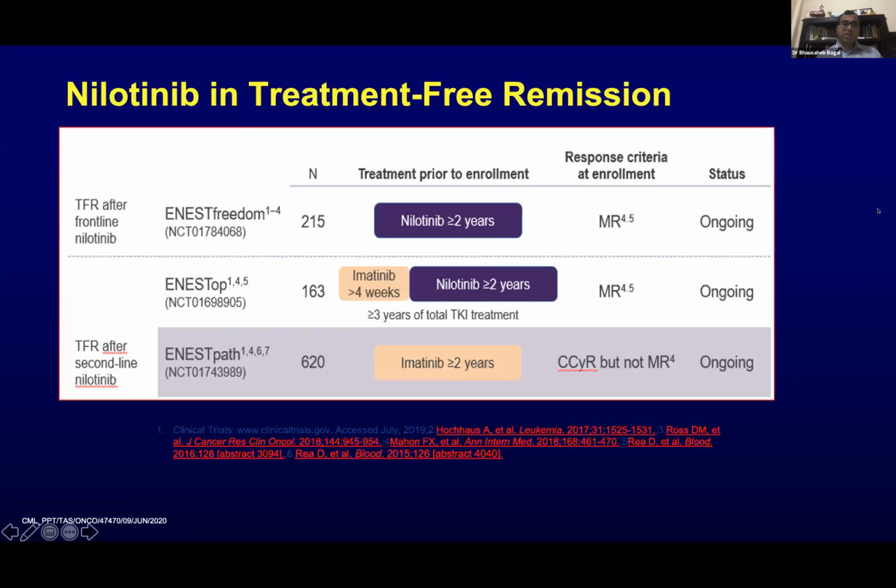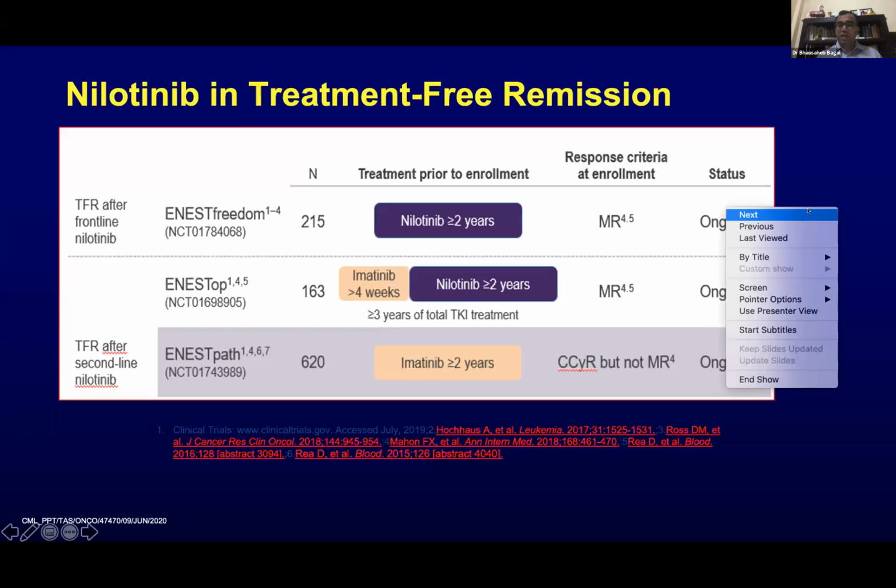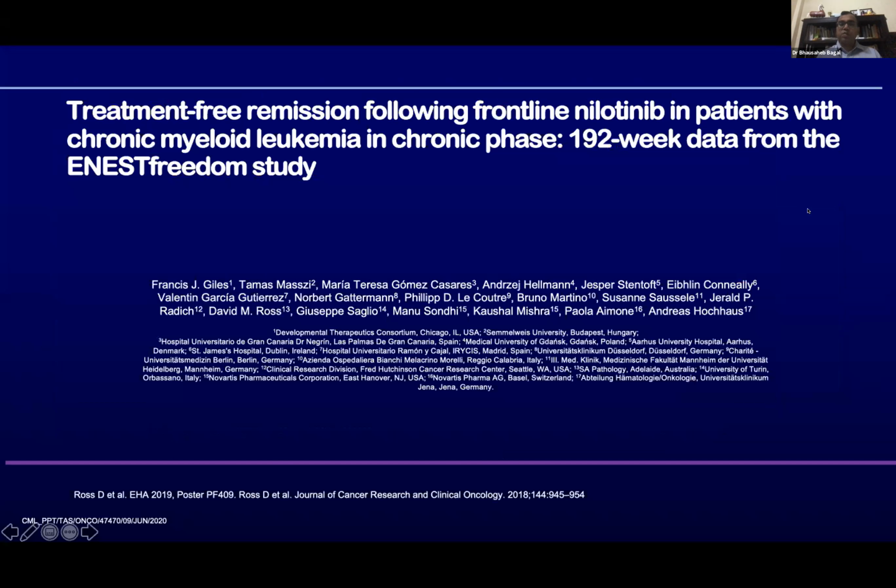We'll move on to TFR studies, and there are two studies I would like to discuss. One is the ENESTfreedom study. So what happens if you use nilotinib upfront and attempt TFR? And the next one I would like to see is ENESTop, where patients were given imatinib and were not eligible for TFR, but they were given nilotinib for 2 years, and then what happens to their TFR rate? And this is probably one practical question we face every day: should we change our patient to a second-generation TKI for TFR? So this is the ENESTfreedom